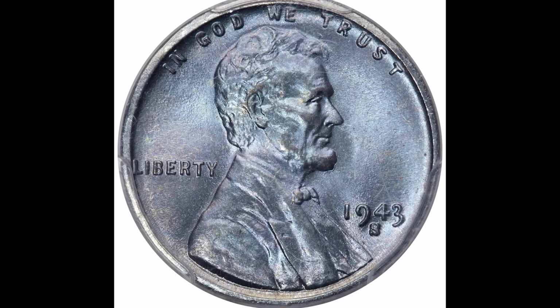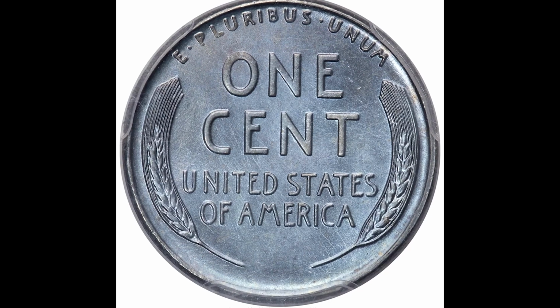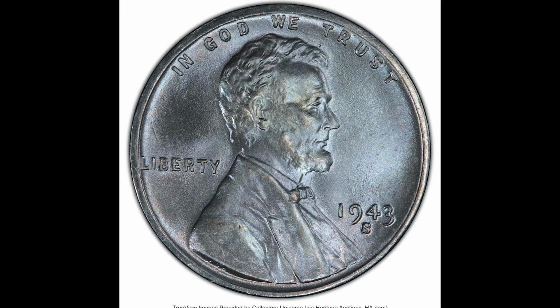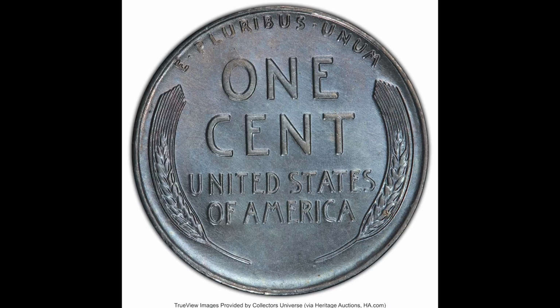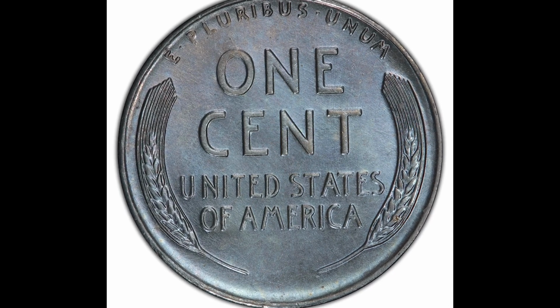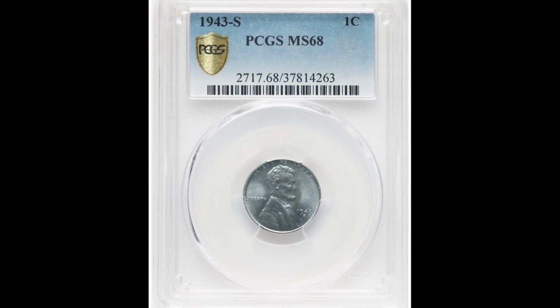$3,120 for this 1943 S 1 cent coin graded by PCGS at a mint state 68. So during the war efforts, they needed bronze for ammunition, so in 1943 they transitioned into a zinc coated steel planchet coin. Now keep in mind, most of the time these coins are not worth anywhere near this amount of money, but this beautiful example was able to grade only 2 points away from the perfect grade of 70, and that's why it sold for so much money at